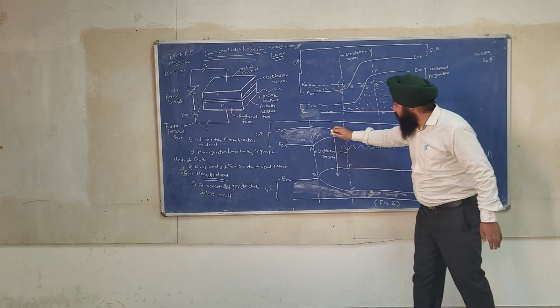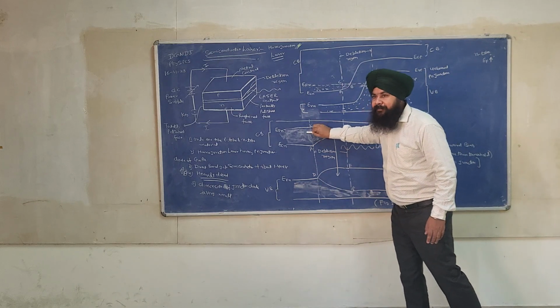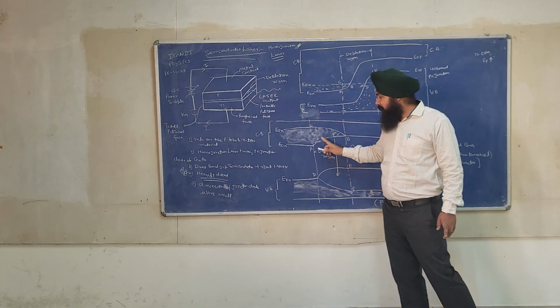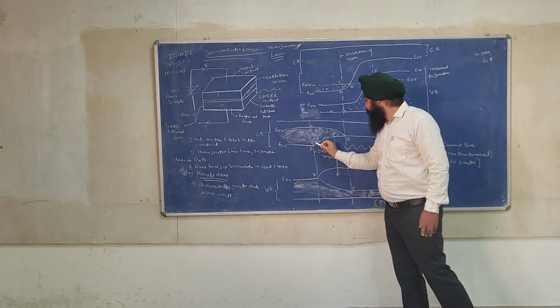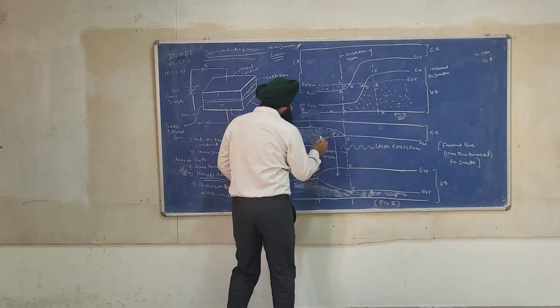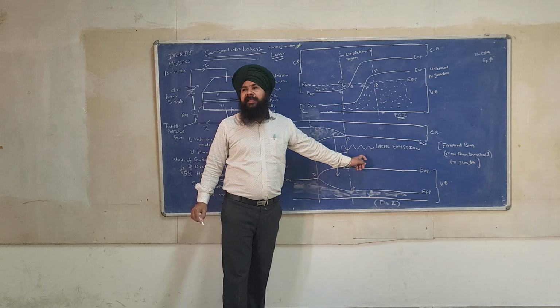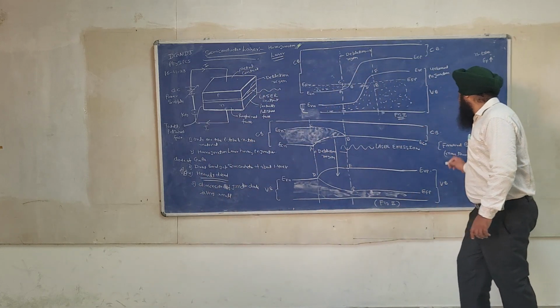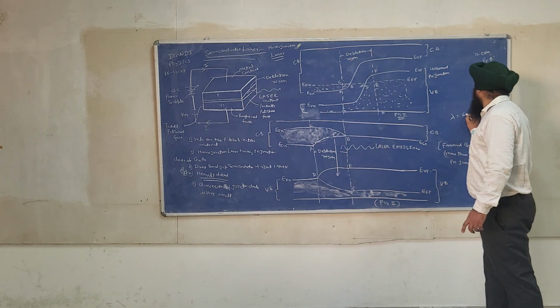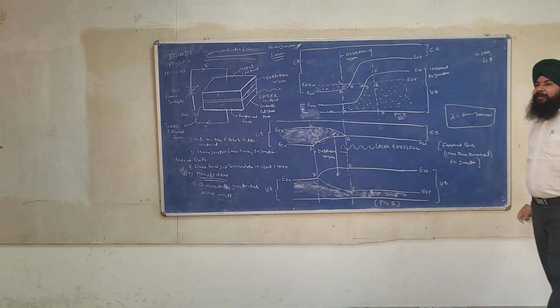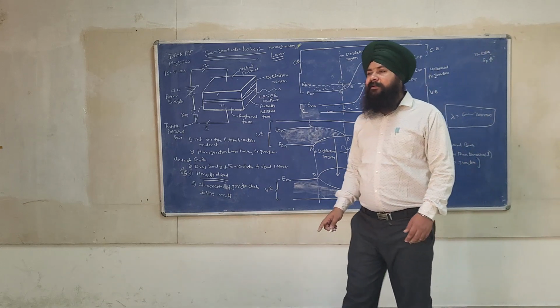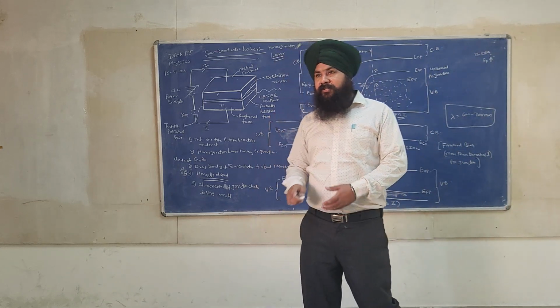And now see, these are the number of states. This is not a discrete level. This is a band. It means the laser output that we obtain will not be highly monochromatic. It will also contain a range, and that range will be 600 to 700 nanometer. So this is the wavelength that we obtain from the semiconductor laser. Okay, so that is all about it.